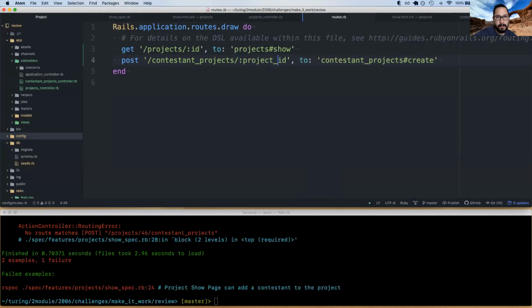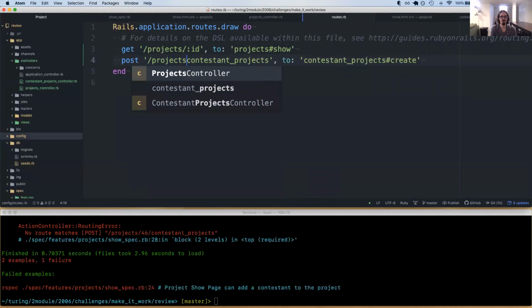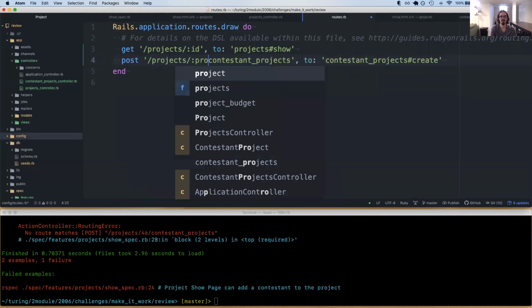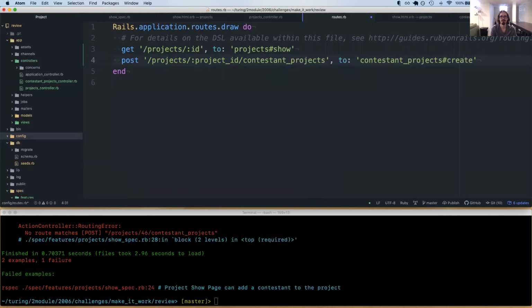Yeah, I would say it's not RESTful because according to our RESTful routes, when we have /contestant_project/ and then an ID, that would look more like a contestant project show. It wouldn't match. Even though it's a post, the URI would still indicate that it's referencing a specific contestant project. The RESTful way to do it is the way that I'm going to do it right now. Okay, that makes sense. So I'll go to /project/ and then here I want to accept a project ID